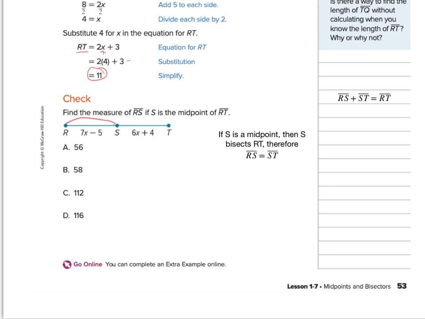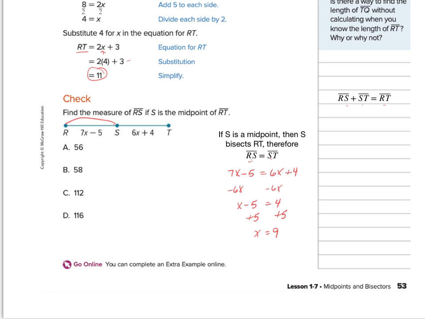If S is the midpoint, then S bisects RT, and those two things are equal to each other. Other things I know: those two parts, that betweenness, would add up to the full length. But if we look at this, we're trying to find RS. So if I make those two things equal to each other, we can come up with a missing value. If I substitute in the value of RS is equal to the value of ST, I then continue to